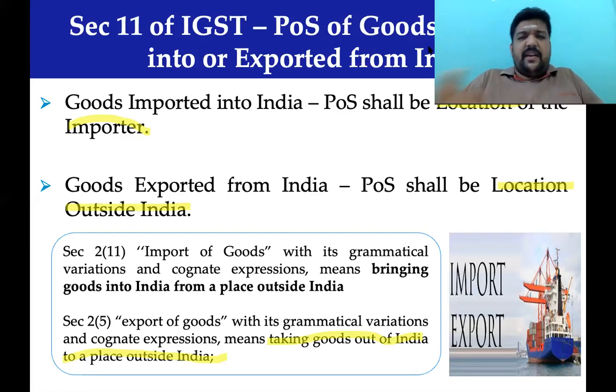Let that not be discussed now, and we will move to another exam-oriented discussion and leave it for a later point in time. That "why" will be answered over a period of time. Let me repeat the question. Any thoughts? Why do you need a place of supply even for export or import of goods, when the nature of supply is always going to be interstate supply? Why is it then needed? Whether you say the place of supply is Tamil Nadu, you are going to treat it as interstate supply.